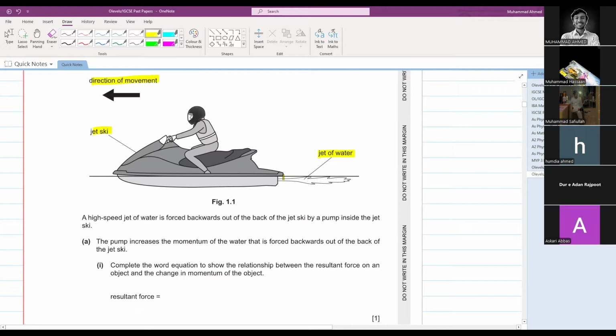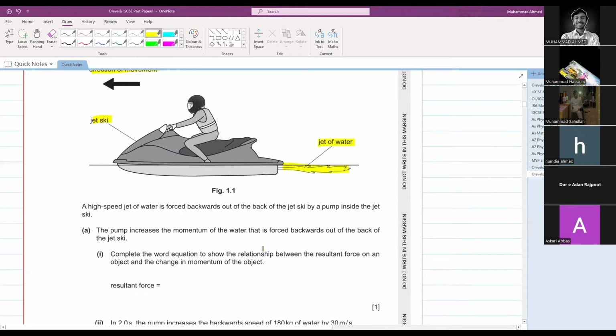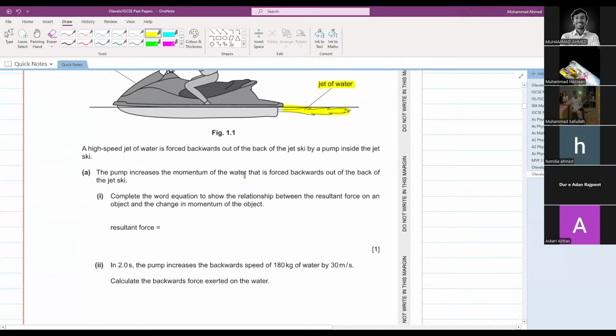ठीक है. एक high speed jet of water backward आ रहा है. Okay. The pump increases the momentum of the water that is forced backwards out of the back of the jet ski. ठीक है. Complete the word equation to show the relationship between resultant force on an object and the change